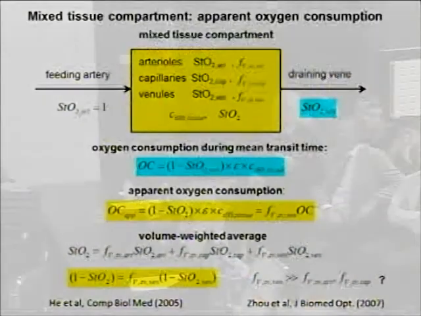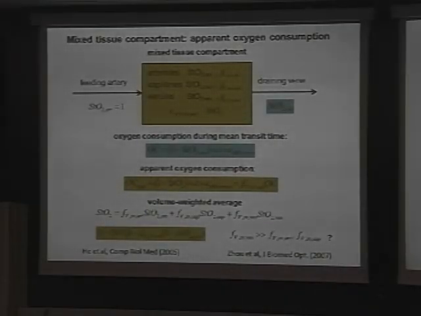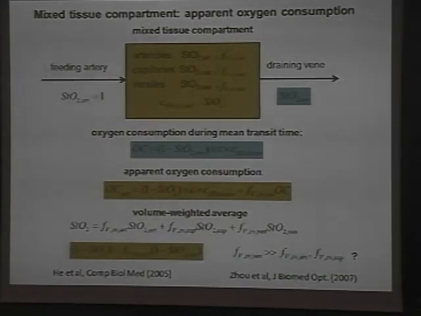Well, if we want to do that, then we have to measure the oxygen saturation in the feeding artery of the tissue. We haven't done this, and we can set it equal to 1. That's a very good approximation. Oxygen saturations are about 97%. And we need to know the oxygen saturation in the draining vein, which we haven't done either. So we cannot really measure the true oxygen consumption, but we measure an apparent oxygen consumption